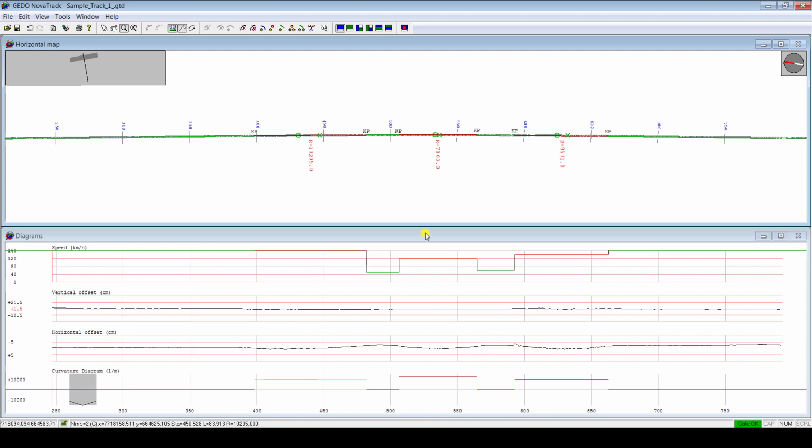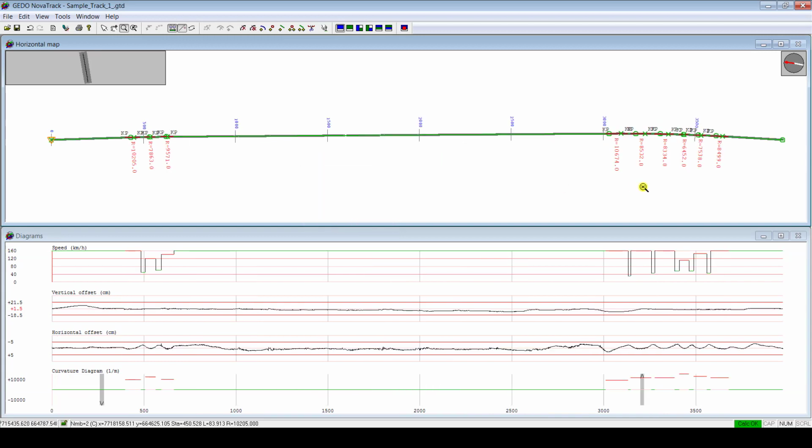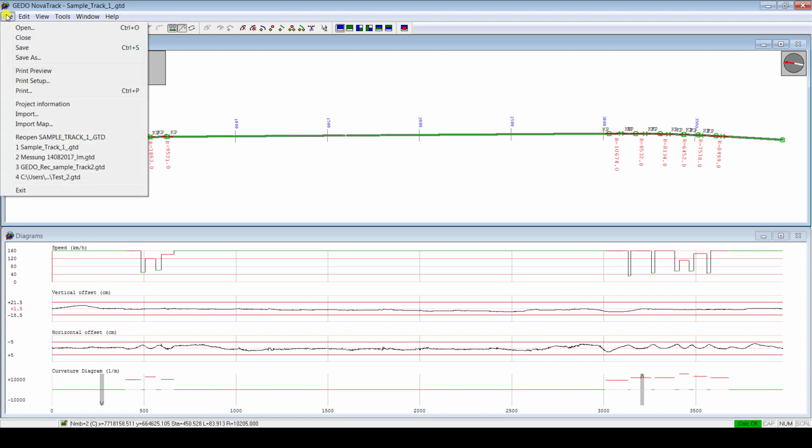Maybe try to improve the offset values. But it's not the task for today. So today we want to get a smooth track within plus minus 5 centimeters, and this goal is achieved now. So the next step is to export the data to the horizontal alignment,